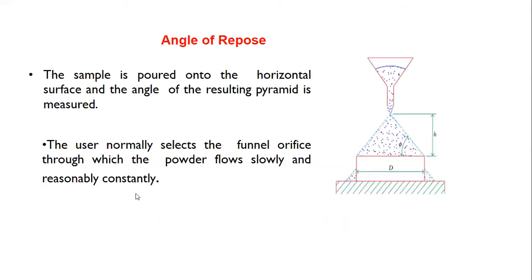Then the next parameter is angle of repose. This also helps to determine the flow properties of powder. The sample is poured onto the horizontal surface and the angle of the resulting pyramid is measured. So here a funnel is there, which is